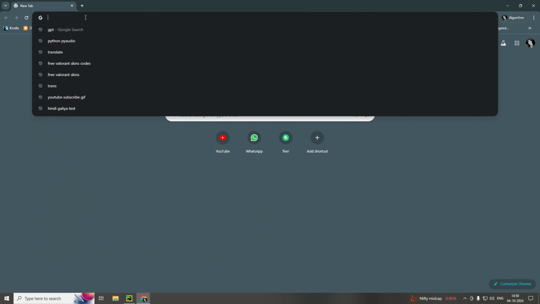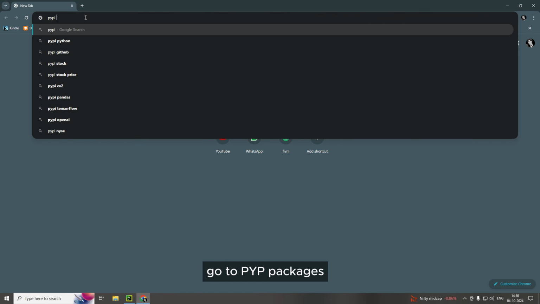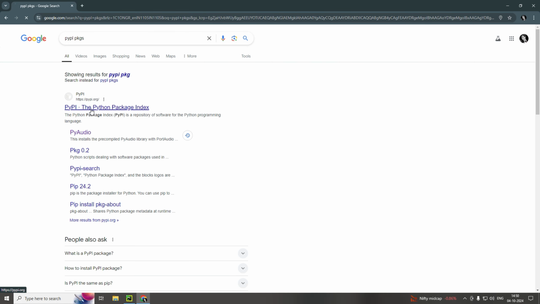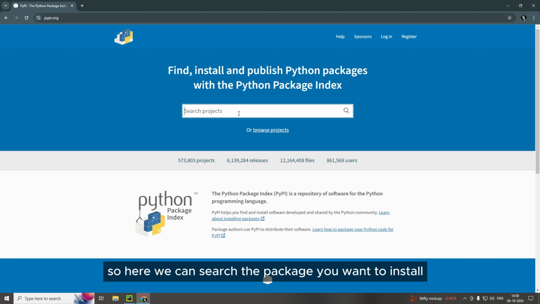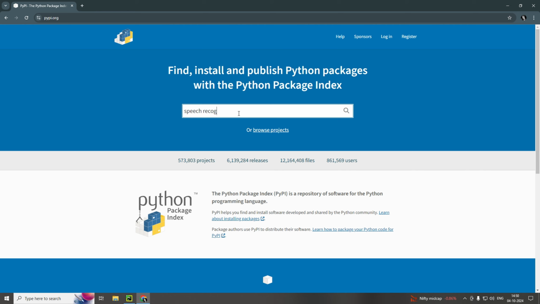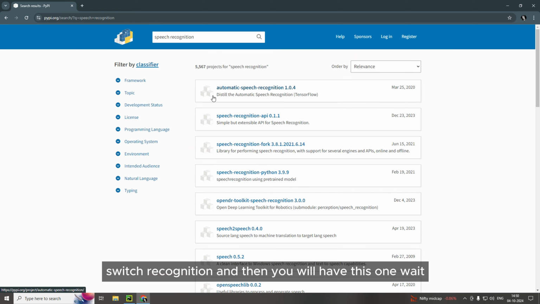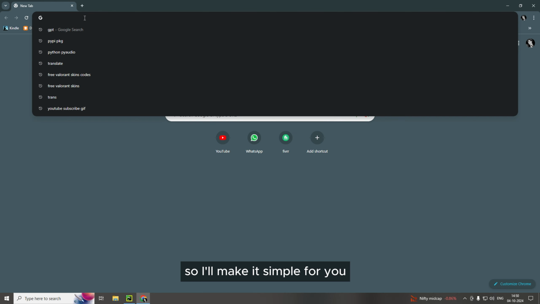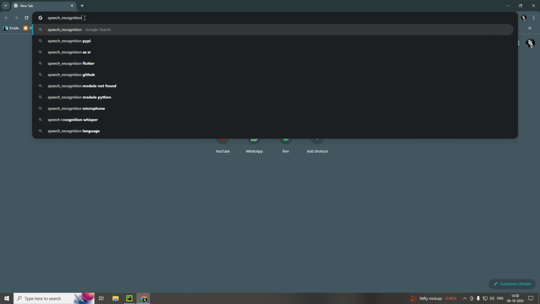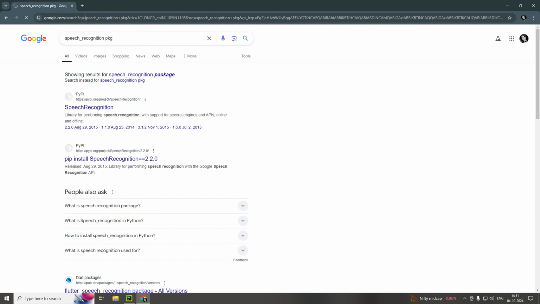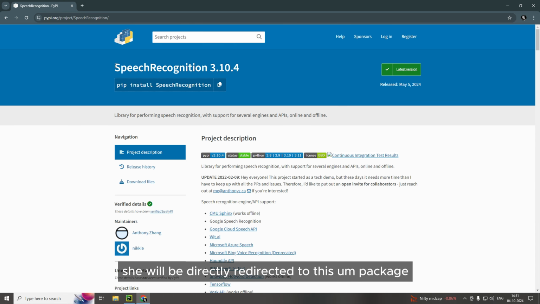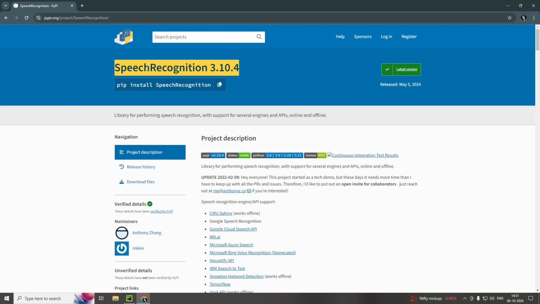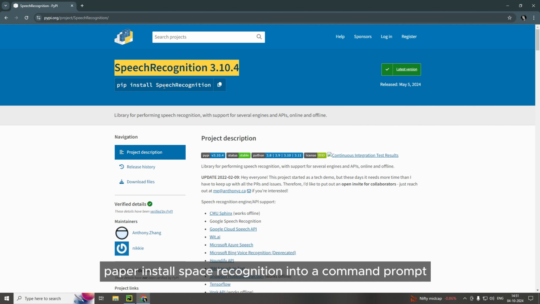Go on Chrome, go to PyPI packages. So here you can search the package you want to install, speech recognition, and then you will have this one. These are many different ones, so I'll make it simple for you. You will be directly redirected to this package. It will ask you to run pip install speech recognition in your command prompt or whatever virtual environment you